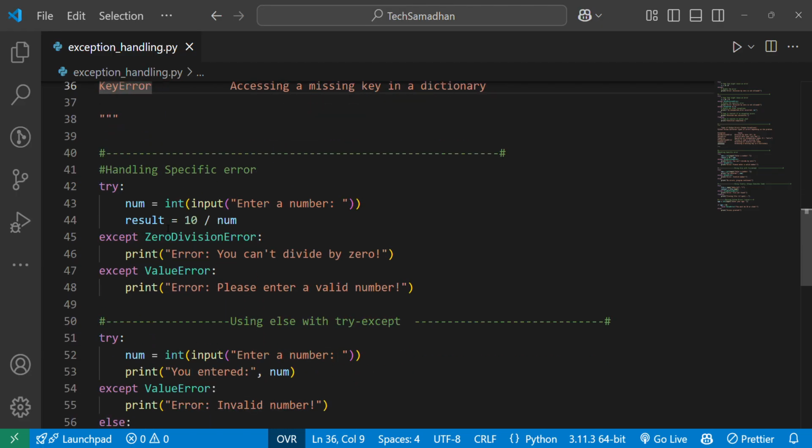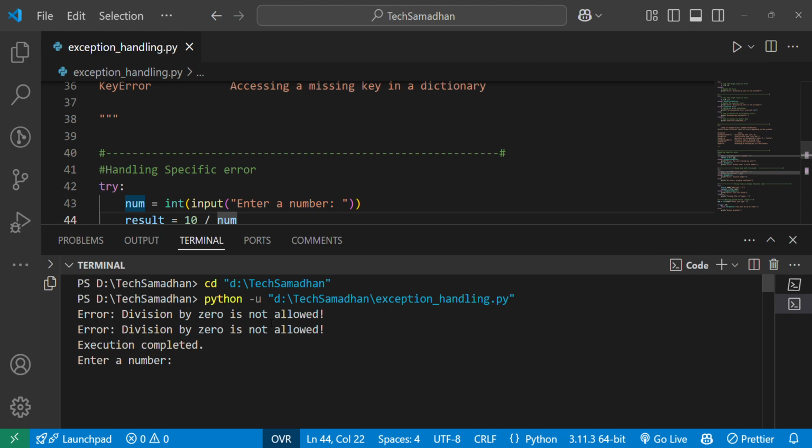Moving forward, handling specific errors. So catch specific exceptions for better debugging. Similarly, in the try block, enter a number. It will ask us to enter a number. If we enter 0 and our number causes an exception, then it will move towards zero division error. And if we enter some different number,